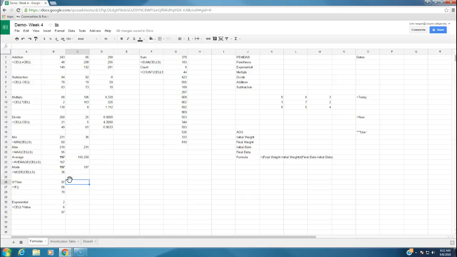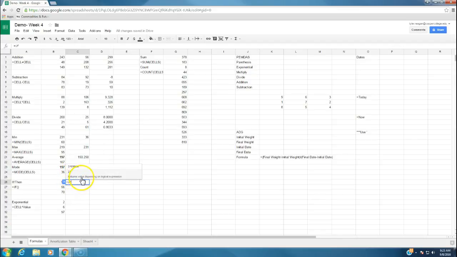Another very handy formula, another very handy function in Excel is the if-then statement. What the if-then statement does is find out if something is true, then it shows that this is true, or if it's false, it'll show that it's false. So for example, what if we wanted to know out of these three numbers, how many of them were above 60? To use the if-then statement, you type in equals IF, and